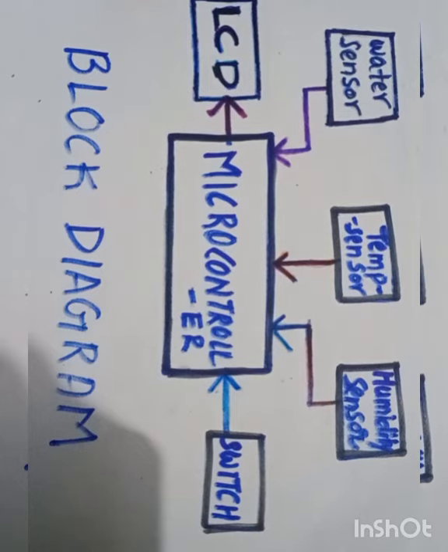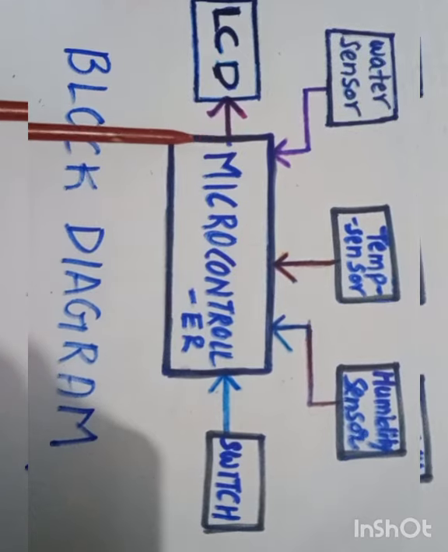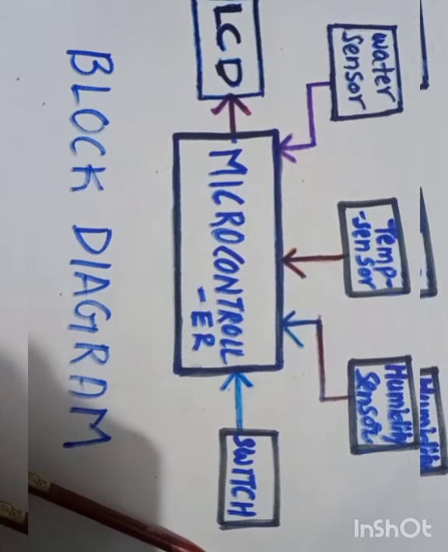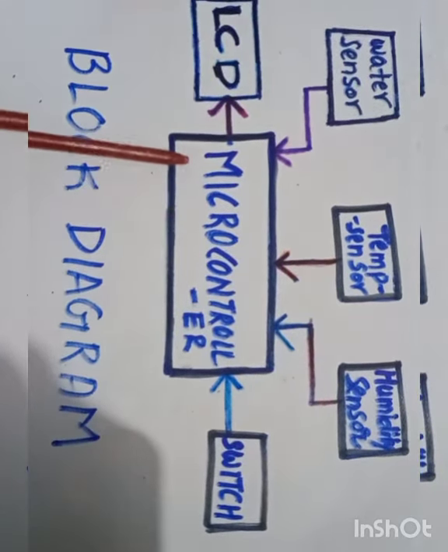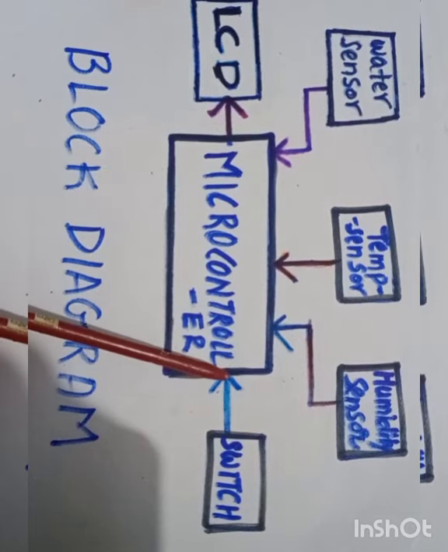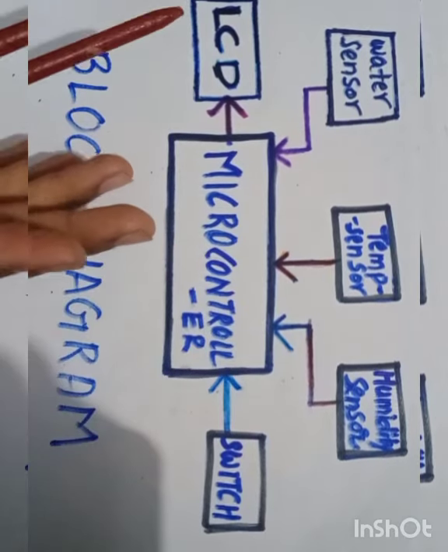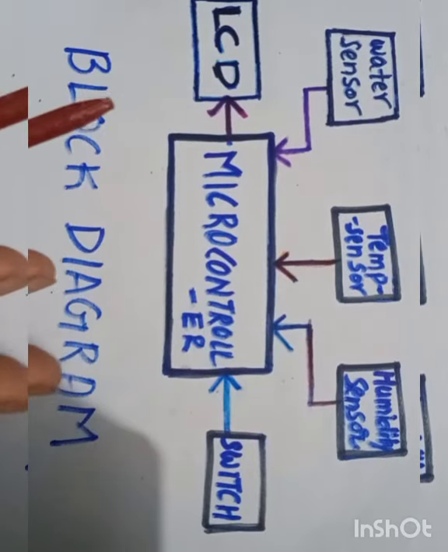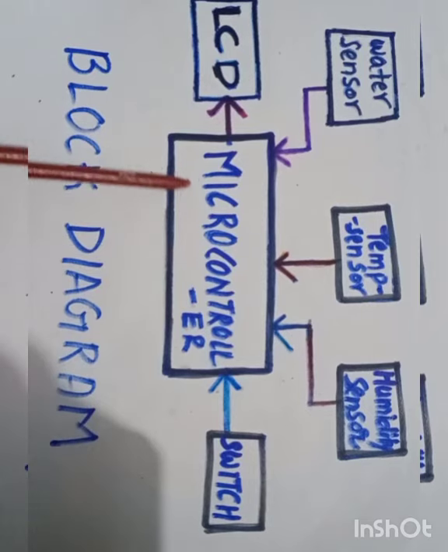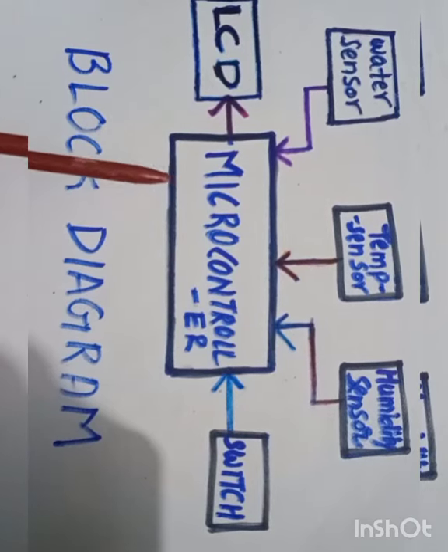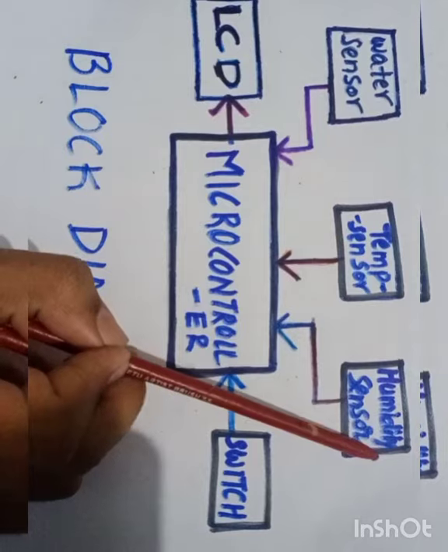The irrigation system. My project will consist of a microcontroller along with different kinds of sensors. When you are explaining with the block diagram, try to explain which microcontroller you are using. You can tell, for example, Arduino or Atmega or 8051, or any kind of controller or processor you are using. List out the microprocessor you are using and along with it the sensors you are using.